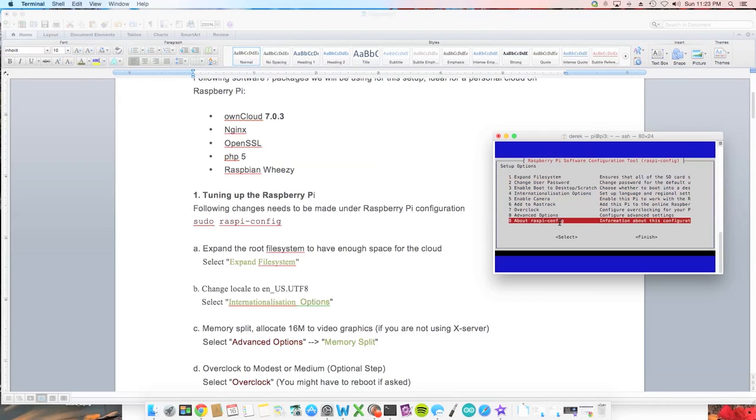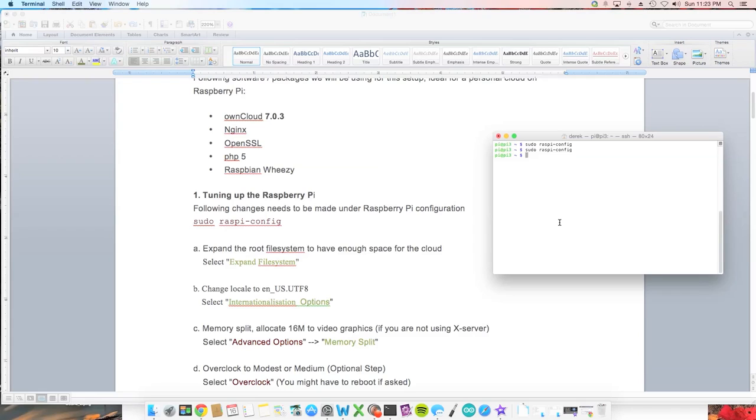So that's the basics. So I'm going to do tab, finish. Normally it'd ask you to reboot after doing that. So what we've done so far, we've gone into Raspbian config, we expanded the file system, we set internationalization options, we've done the memory split, we've enabled SSH, we've set the host name, and now we're going to talk about